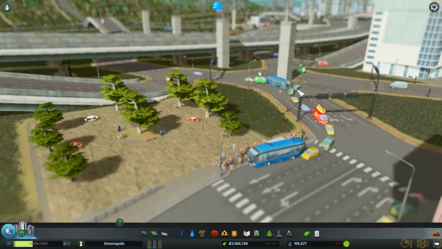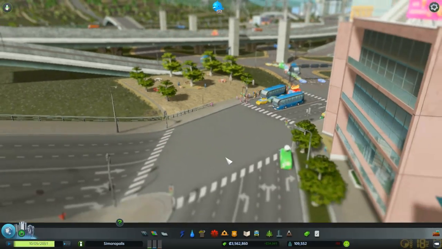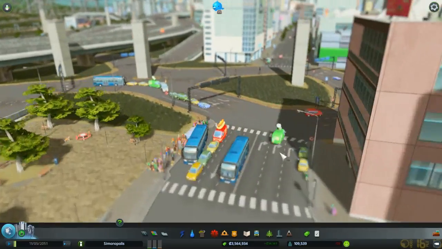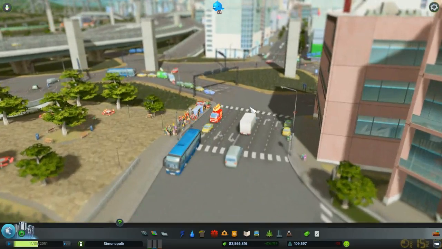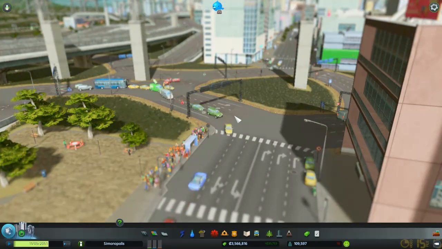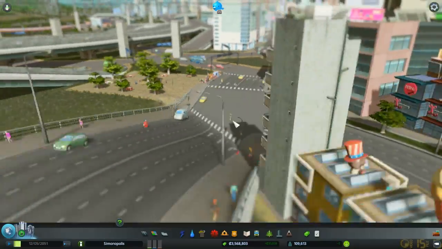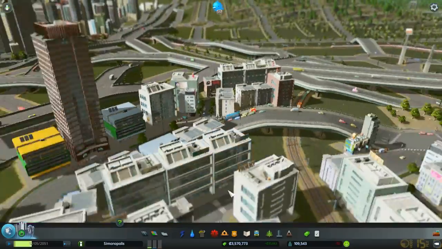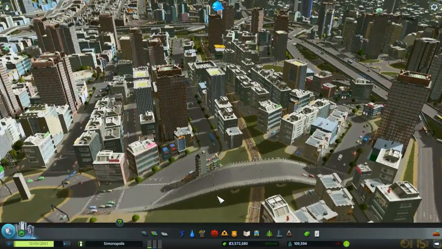Oh, is that a problem? It shouldn't be a problem. I think it's just a bus. Although there is an intersection really close to the roundabout. That's a little bit bad, actually. Why is this like this? Who decided to do this? Oh, it's because it's...